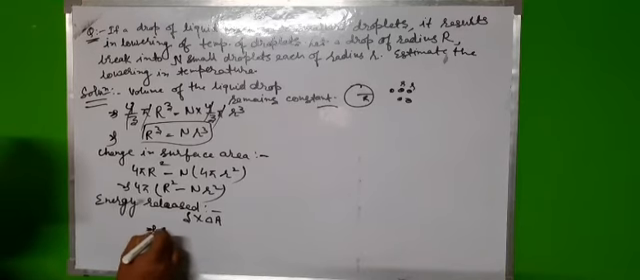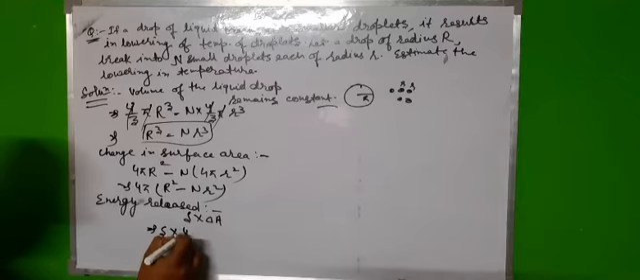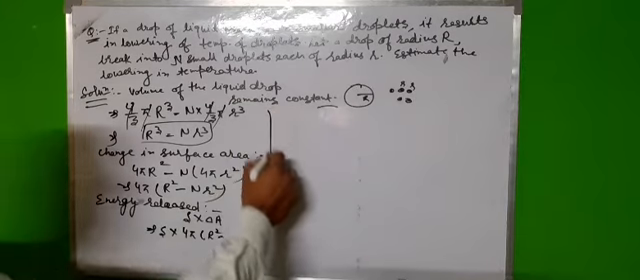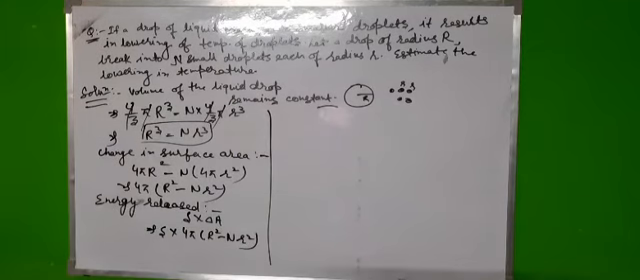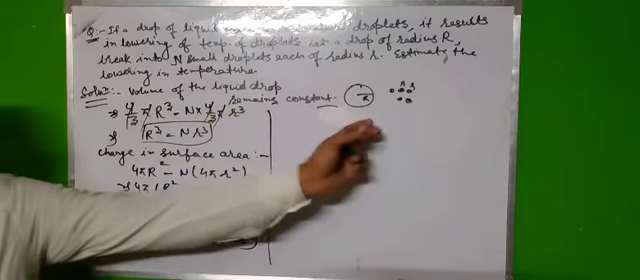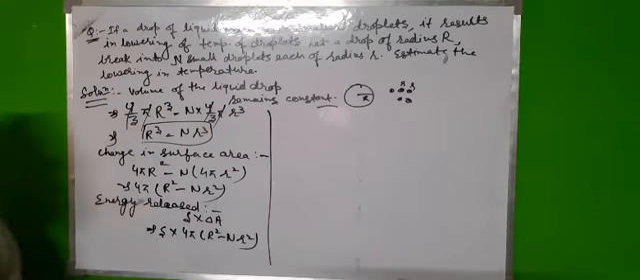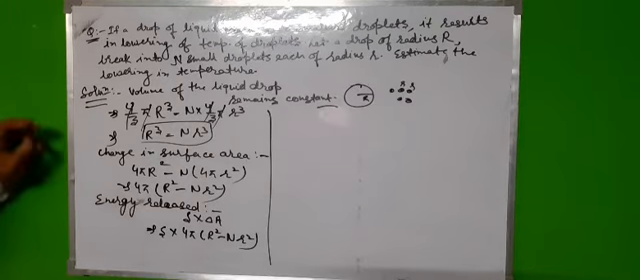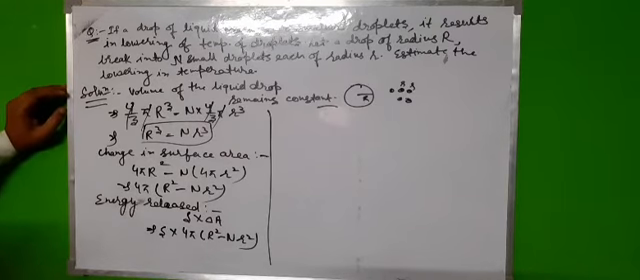So it can be written as S into 4 pi R square minus n r square. Clear, students? This is the energy released when a bigger drop is broken down into smaller drops. So now we have to calculate the change in energy released, and this energy released is equal to